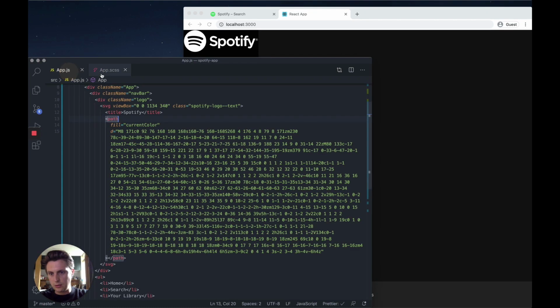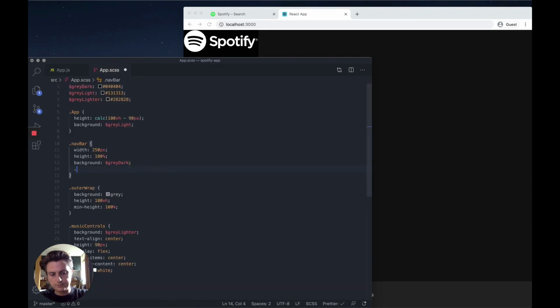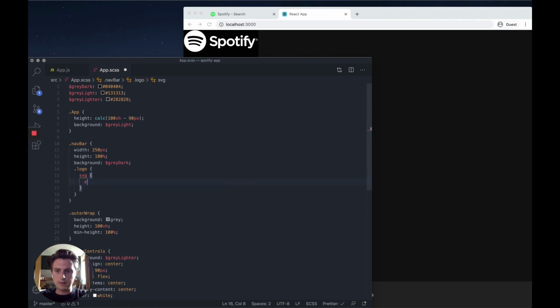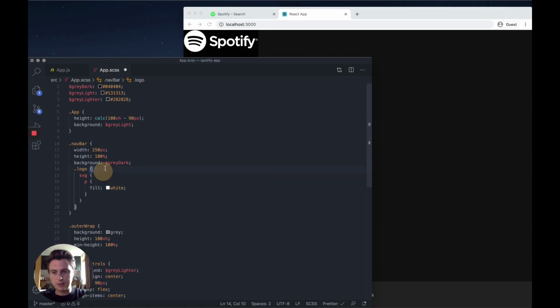Boom. Okay, so I'm going to target the SVG inside the logo, and then I'm going to put a fill of white on the path. So if we go back to the HTML, just going to do logo, SVG, path, fill it as white,